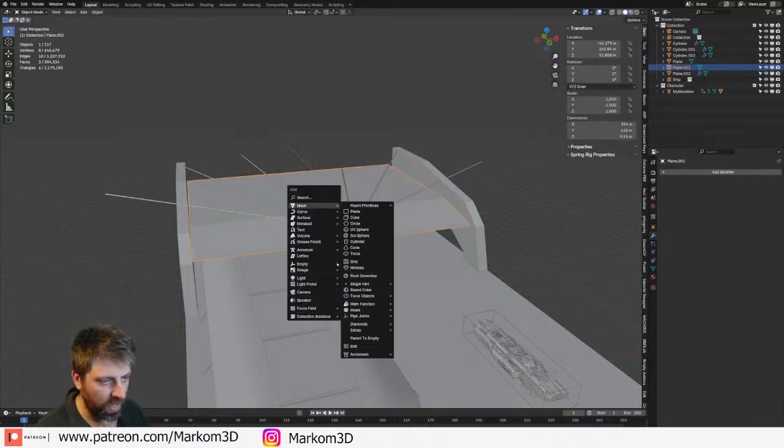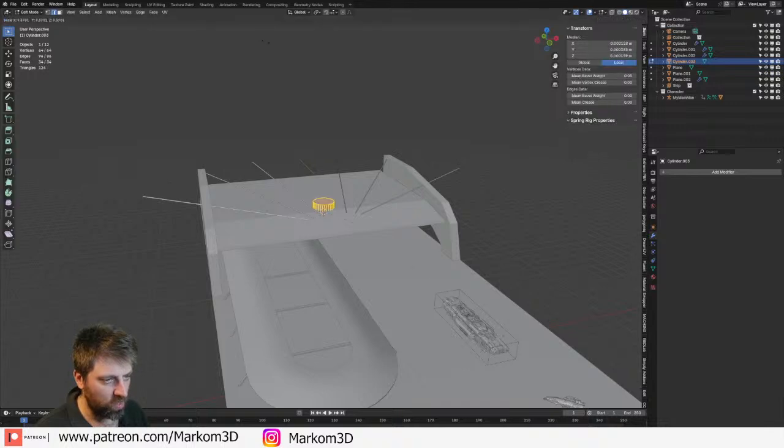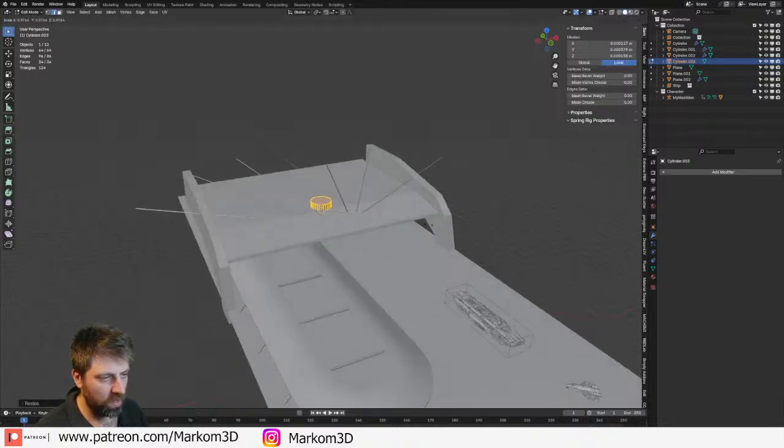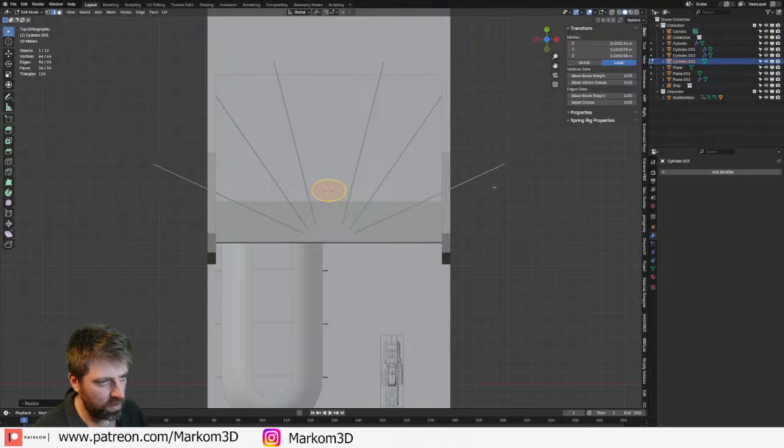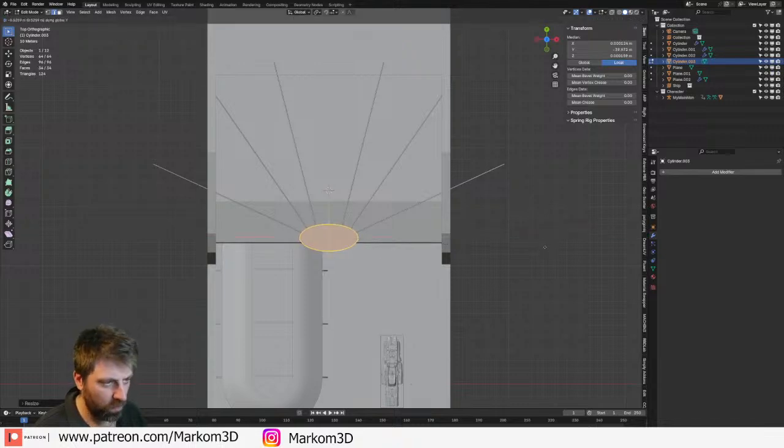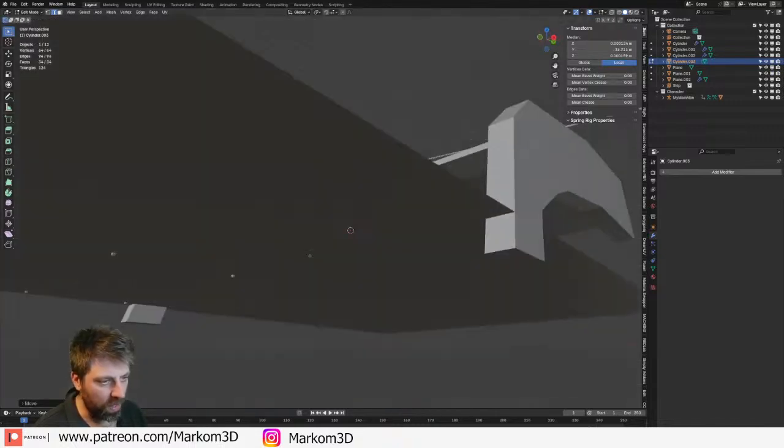Let's now, from here, let's go into a cylinder. Scale. Scale on the X. Oops, let's bring that there. G to the Y. Scale on the X. Something like that.